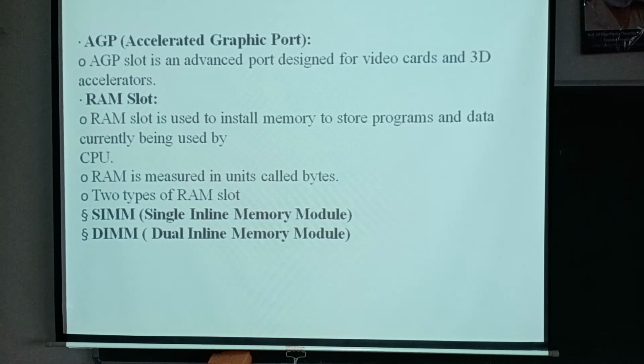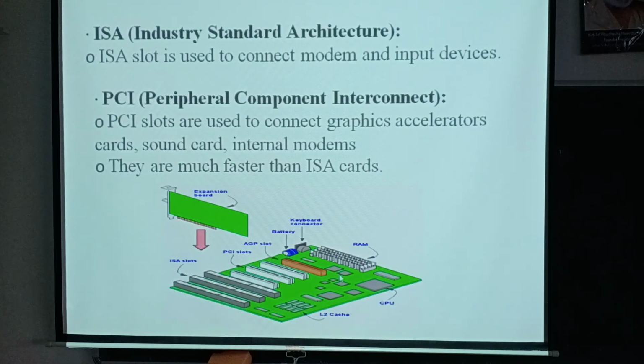As I said, this is also installed in specific computers only. Like if you want some 3D animations or 3D movies to be seen, in those systems there should be video cards installed in these AGP slots. Okay. So if you want to watch 3D movies or 3D animations, that video card should be installed where? In an AGP slot or accelerated graphics port. Okay. So in the picture you can see this is the thing.